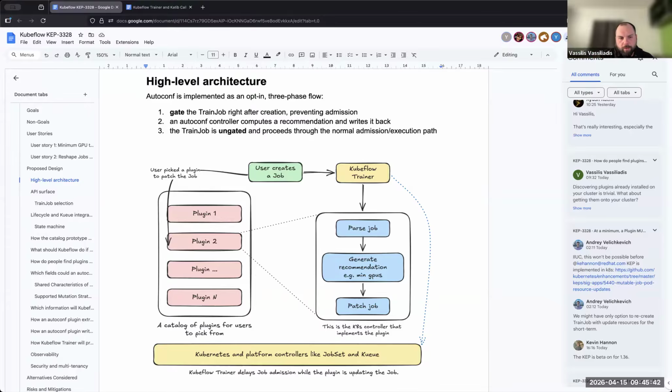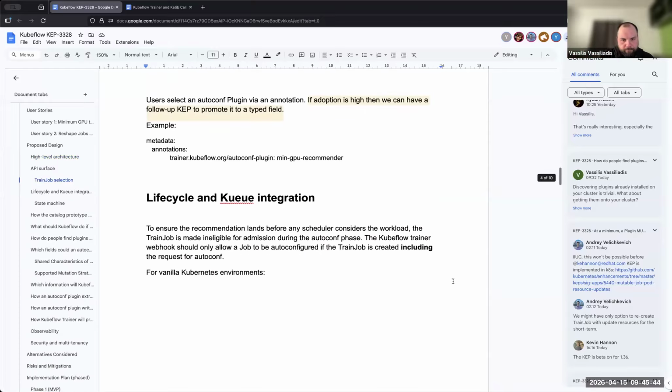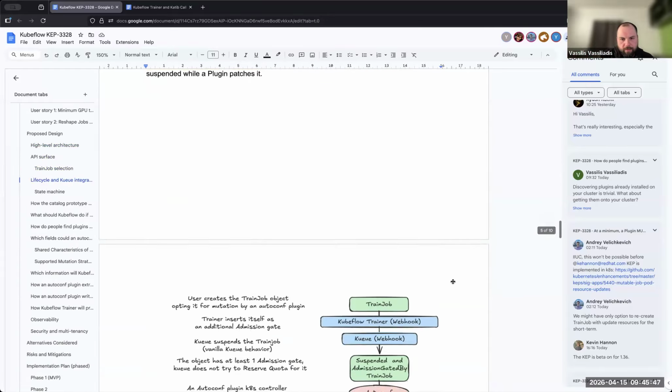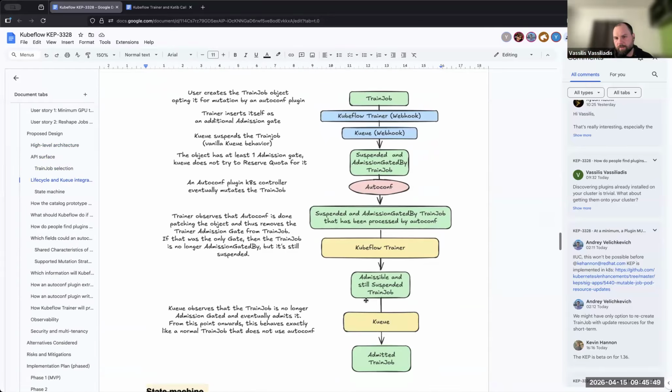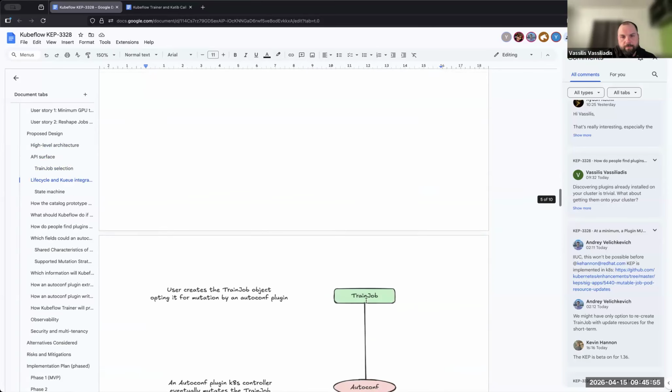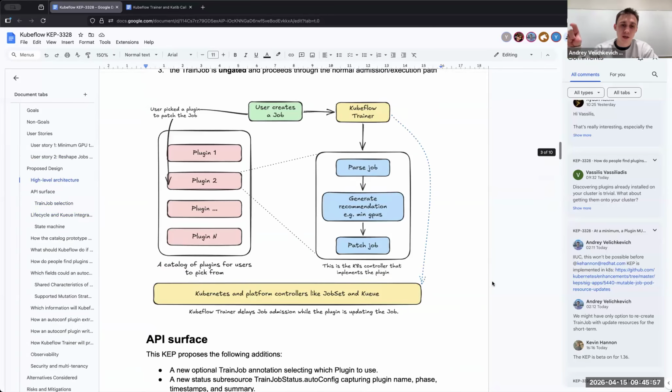I don't think I need to go into the details, but I'm sorry for scrolling fast, but I have a flow here where basically it's a different job. Can I ask you this if you go back just for a sec? I asked this question to Kevin, and the KEP that allows us to patch the job resources isn't better, which means we can theoretically, without deleting the job set, update the resources, right?